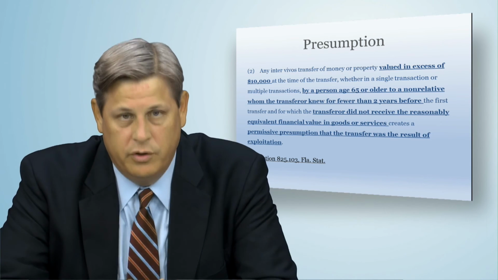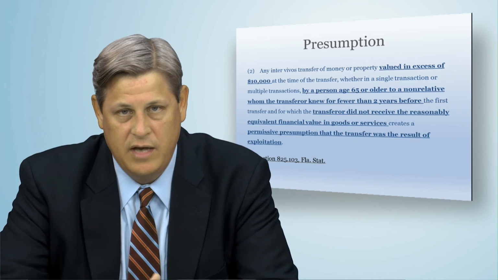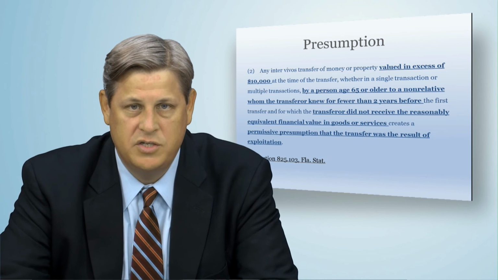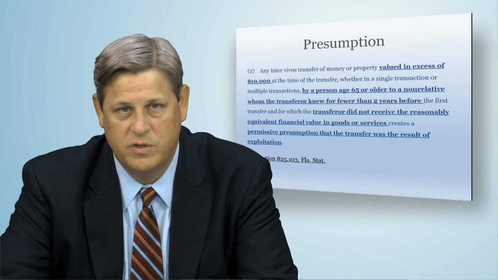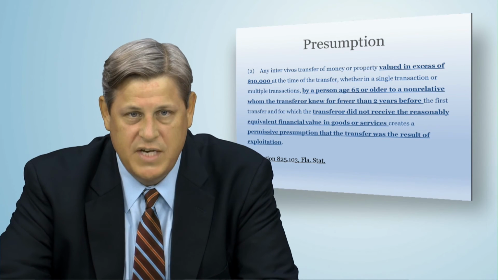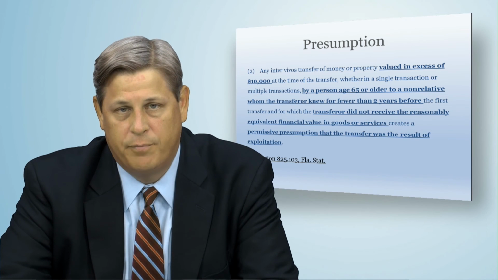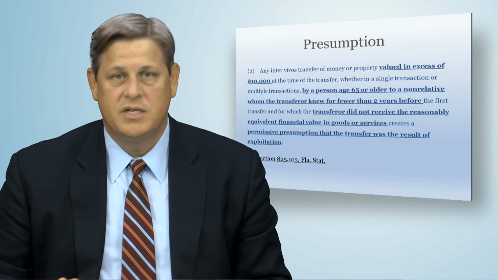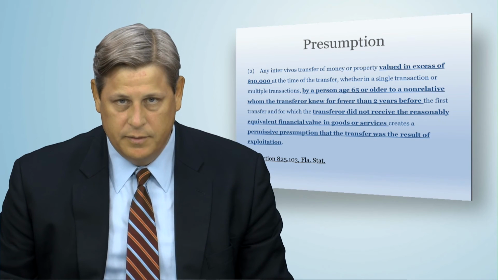So when you're looking at your power of attorney and you're looking at how the power of attorney may have been used, and you see that the agent and the principal have only known each other for about 2 years or less, and that the agent is taking funds in excess of $10,000 for their own benefit or for someone's benefit other than the principal and against the principal's best interest, this statute creates a presumption against the agent in favor of the principal that there is exploitation. Under this circumstance, that agent could be subject to criminal prosecution and criminal punishment.